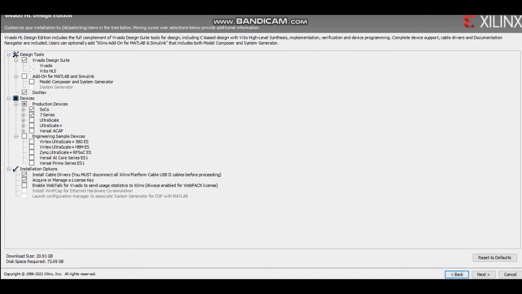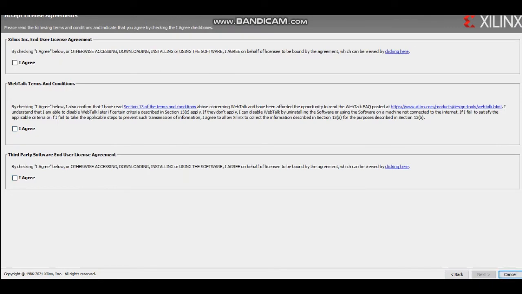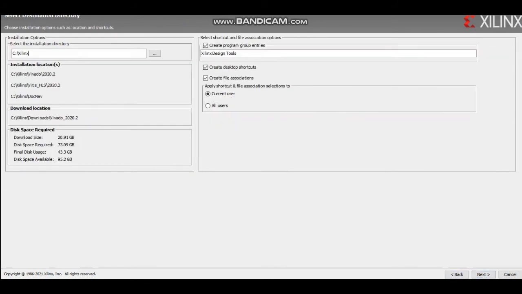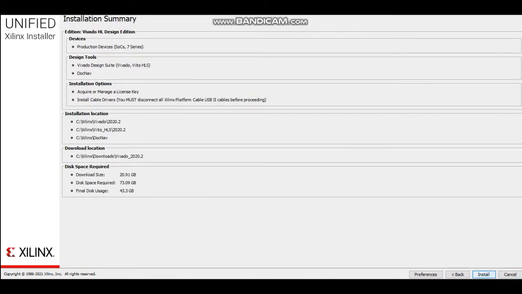So the size required to download the software was 100 GB, but I did not have 100 GB in my memory. So I turned back to the menu option and I deselected this UltraScale and UltraScale plus option, which are not that critical for basic applications. So I have only selected these two options, and now I will do the next part. Since before it was 100 GB, now it will be a little bit less, so let us see how much it would be. Now 73 GB is required, and I have 95 GB. So I need to click next, and the download starts.